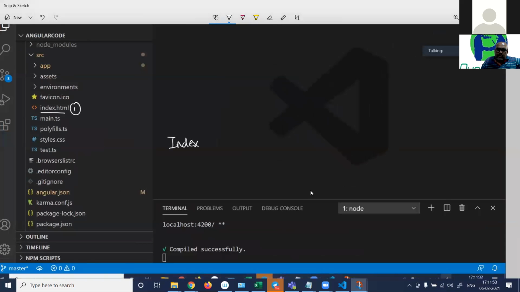I'm trying to answer one of a friend's question. How does this whole thing start? So the index.html page runs first. The index.html page then starts the main.ts file. TS means TypeScript, right? So the main.ts file runs after that.